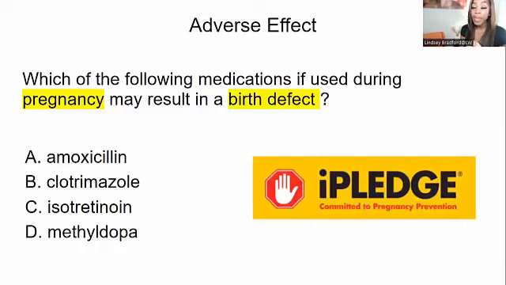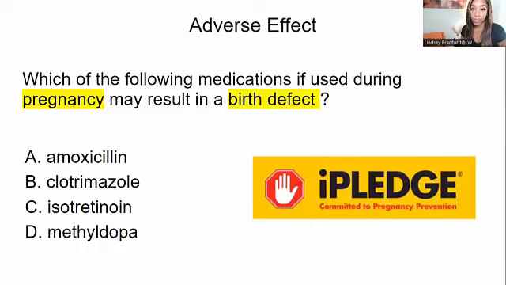A birth defect could be where a kid or a baby is born with 9 fingers and 11 toes. It could be where they are born without an arm. Maybe they are just not formed the way that 2 arms, 2 legs, you know what I mean? That sort of thing. So this is an example of an adverse effect, meaning that if a person is pregnant, we don't want them